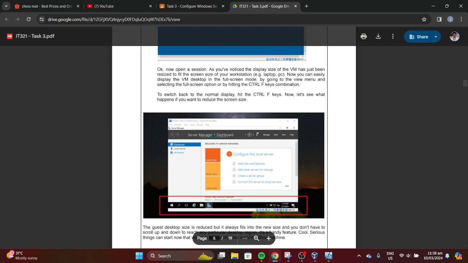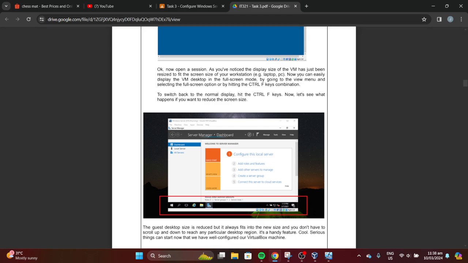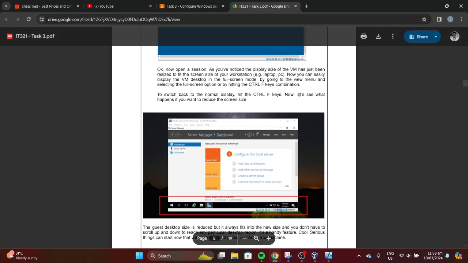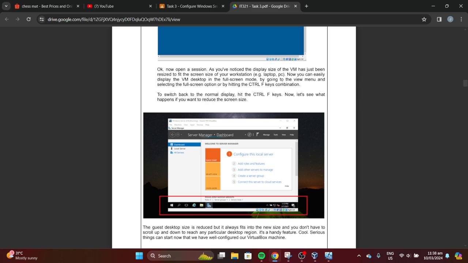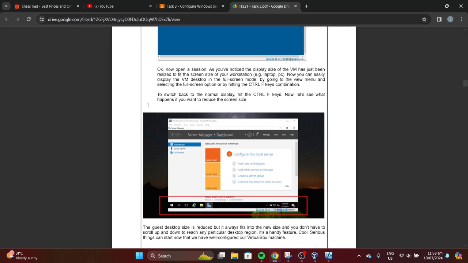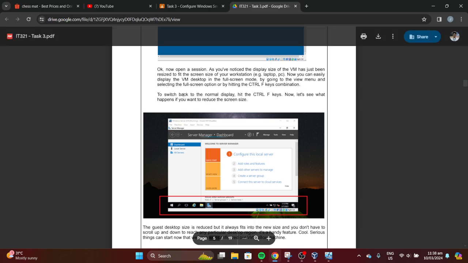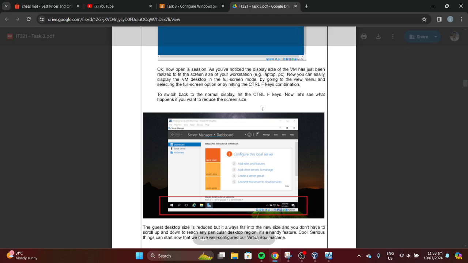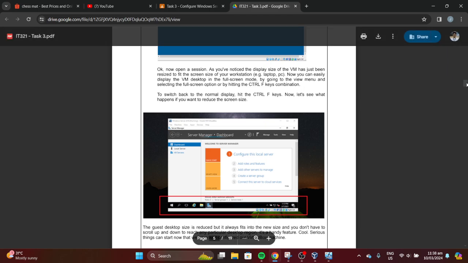Okay, now open a session. As you notice, the display size of the virtual machine has been resized to fit the screen of your workstation. Now you can easily display the virtual machine desktop in full screen mode. To switch back to the normal display, hit the Ctrl F key.